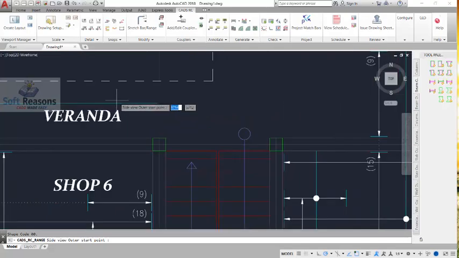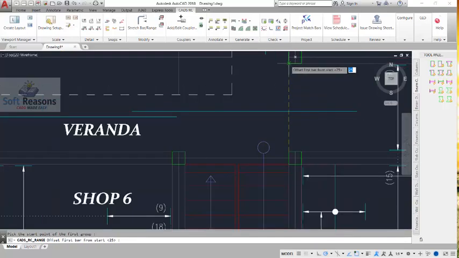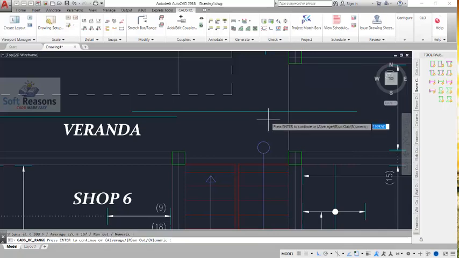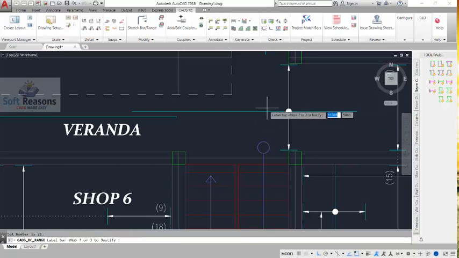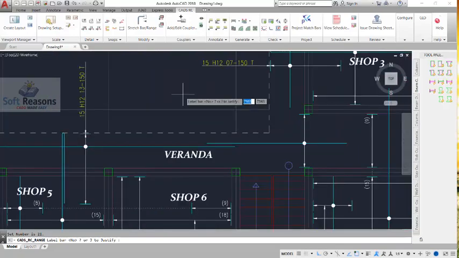So we have to start it from here, somewhere here, all the way into this other reinforcement, so it laps successfully. Okay, so you enter, and then this is going to be spanning from this point right here all the way to this point right here. So you pick that point. All right, so the spacing is going to be 200 spacing top and bottom. Right, and then enter. Okay, so you just have to finish it right there to have this bar just like this. Okay, after which place the bar elsewhere